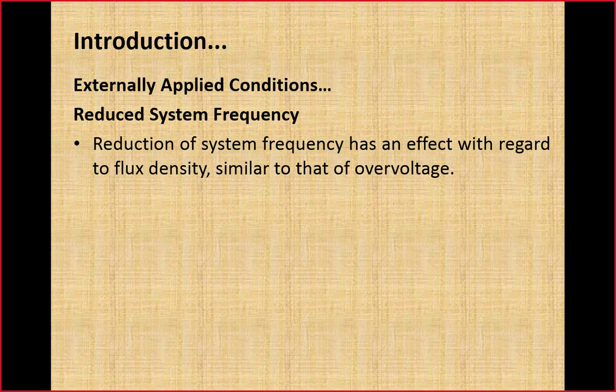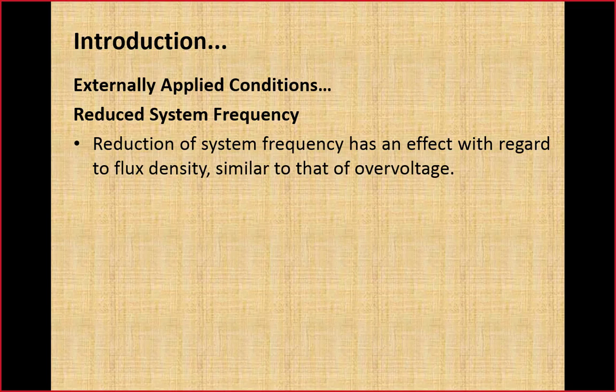So when it is connected to the generator and the generator has an induced voltage at reduced frequency, this problem of overexcitation may occur over there. Again, due to this overexcitation, saturation of the core will occur. This flux gets induced in the surroundings of the core, and may result in heating of the nut bolt system that is used to clamp the core, as well as the casing of the transformer, the tank of the transformer. So that's why protection is required against this over voltage or reduced frequency condition.